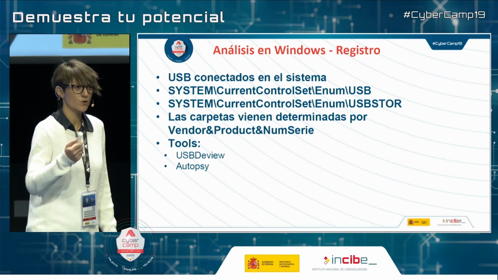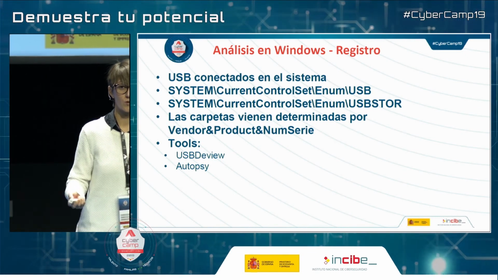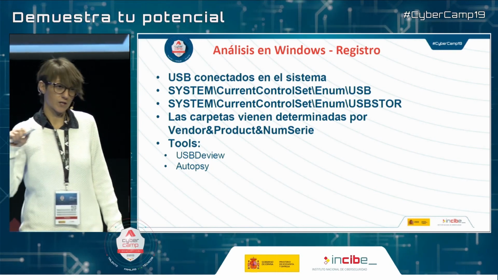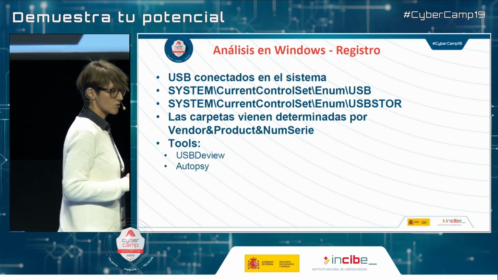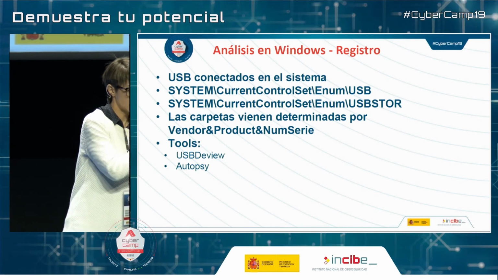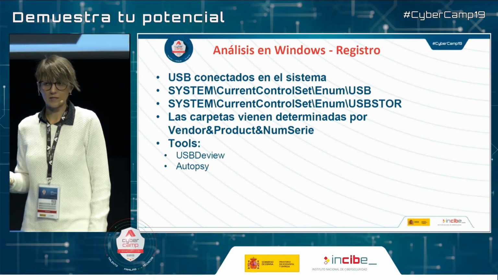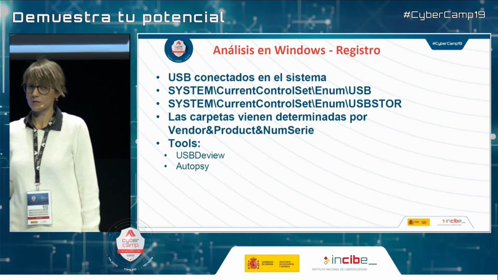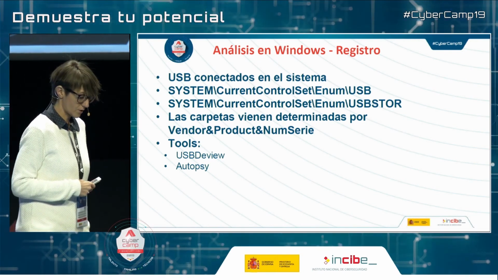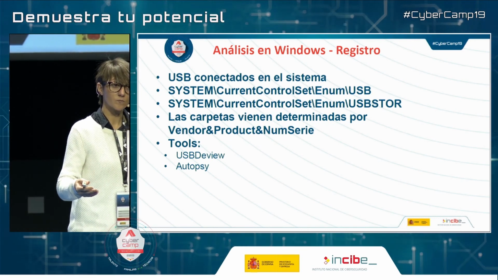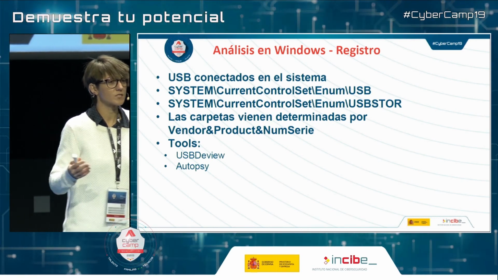We could also check the USBs that have been connected to the machine. This is all stored in the registry. But we would only see the last connection of the USB, and this is all saved in SYSTEM CurrentControlSet, all the keys that you can see here. And then we've got USBStor, USB View and Autopsy, and with these we can see the USBs that